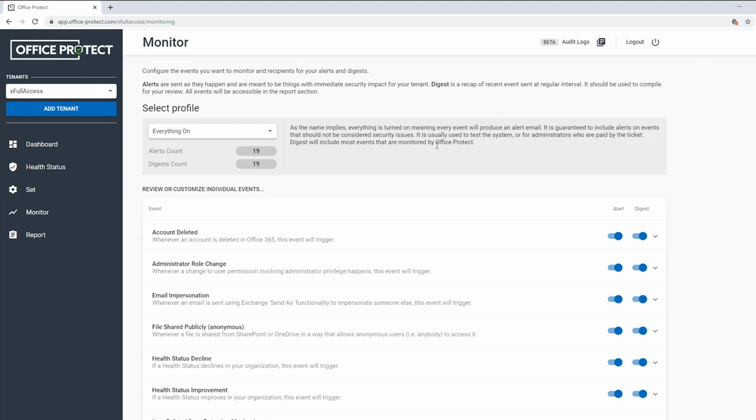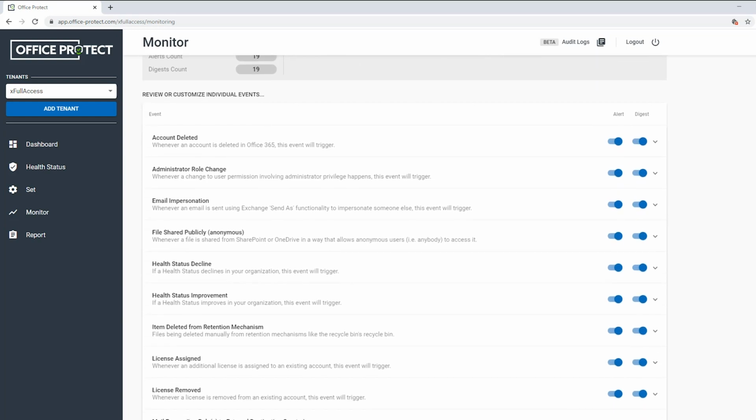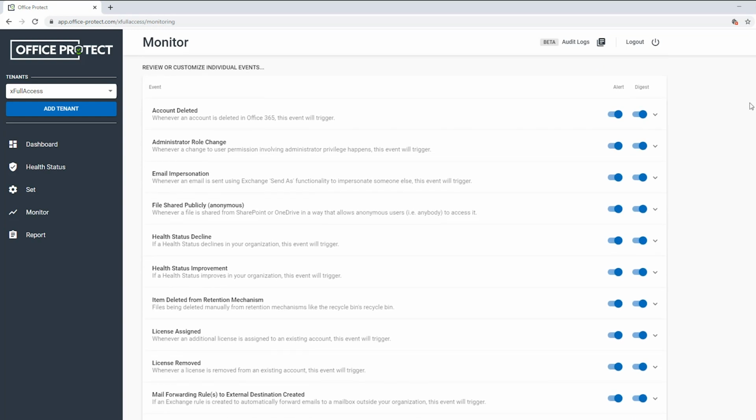The second aspect of Office Protect, the major feature, is the 24/7 monitoring of the activity in Office 365. Office Protect is registered into your event logs, which basically means that it is parsing each and every event and looking for information. We have translated that information into something that can be easily comprehended, which transformed it into roughly 30 different events. The first thing to understand about our monitoring is it will provide you that information in one of two ways, either by sending it as an alert or including it in a weekly digest.